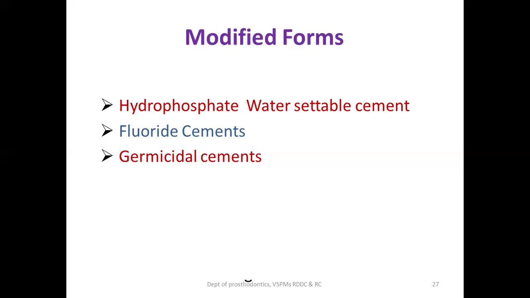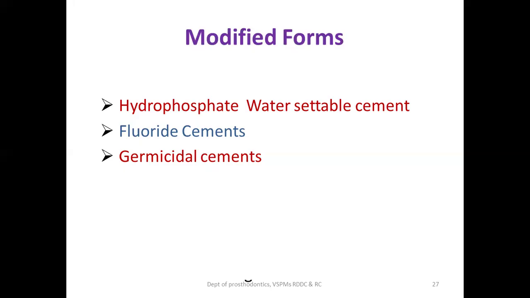Whenever an MCQ is asked on the copper oxide cement, it mainly gives you the antibacterial property. I have seen such MCQs asked: a copper oxide cement has the property of antibacterial action. So they are most popular with the name of germicidal